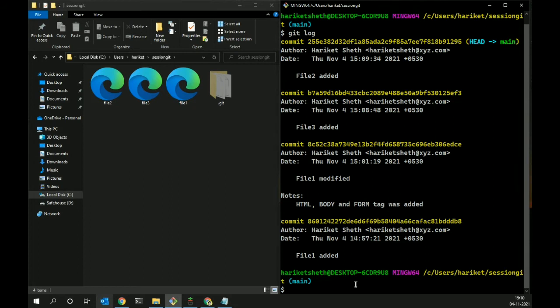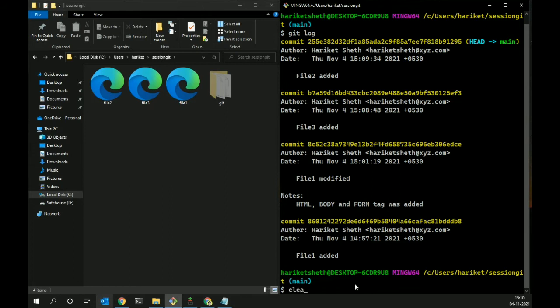In your school annual functions, you have a backstage where other performers are there. So that's how you send those files which are useless at that point. You send them to the backstage area, and then you bring those files again when you have the actual use of them, when you want to actually commit them. So you bring them back to the staging area using git stash pop. Okay, so that is the concept of stash.